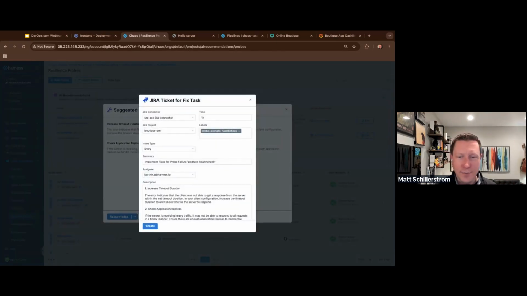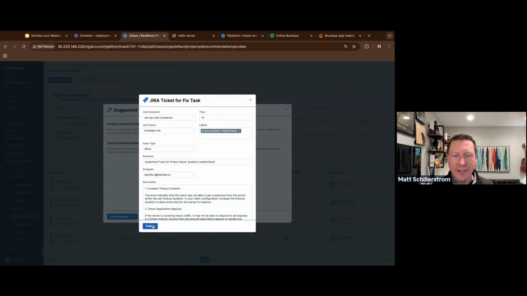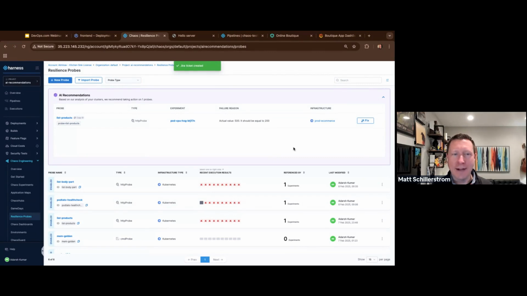And honestly, as a product manager, sometimes my favorite features are just being able to integrate with JIRA, because then it can create JIRA tickets automatically. In this case, it's very detailed. So I can create that JIRA ticket to go on my backlog, and then working with my team, I can prioritize that fix as well.